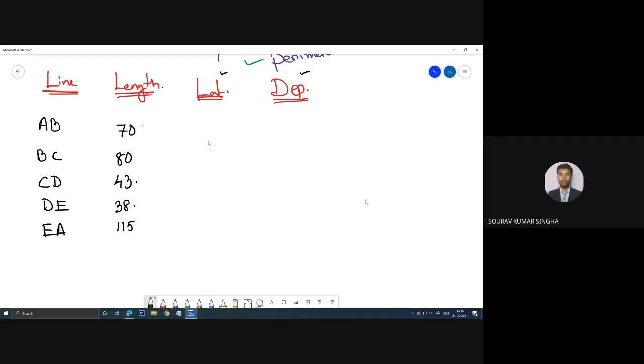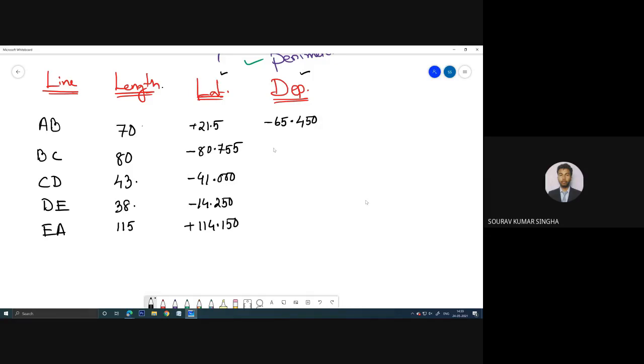And this is the latitude: plus 21.5, minus 80.755, minus 41.000, minus 14.250, and plus 114.150. And here we have the departure, that is minus